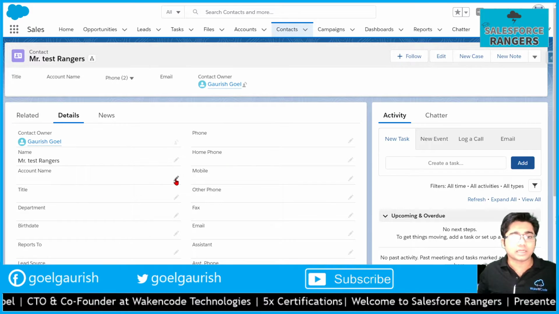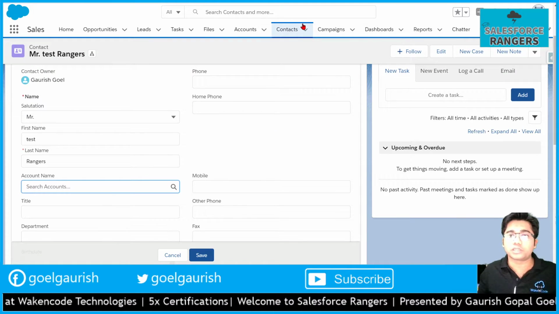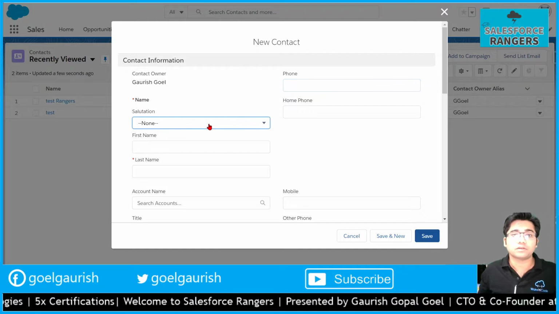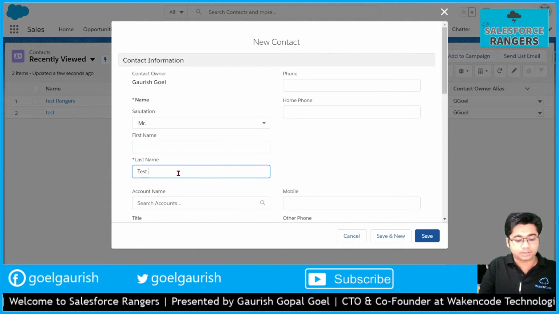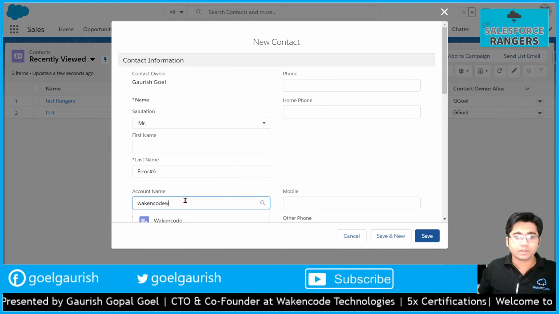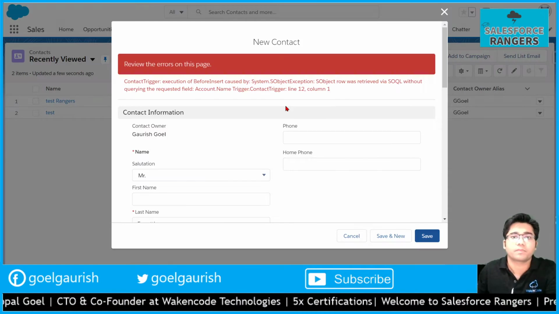First of all, let's update the account, but the event is before insert, so we will have to insert a new contact with an account. Let's name it error number 4. Select the account and save.